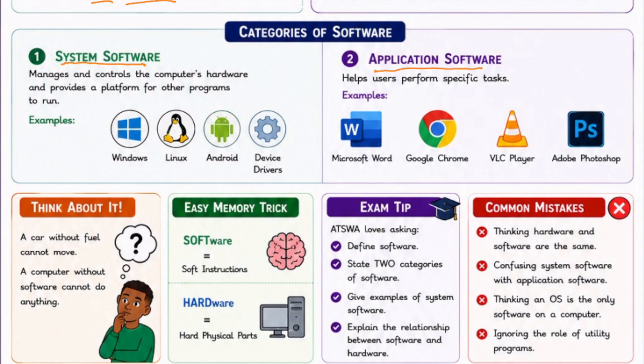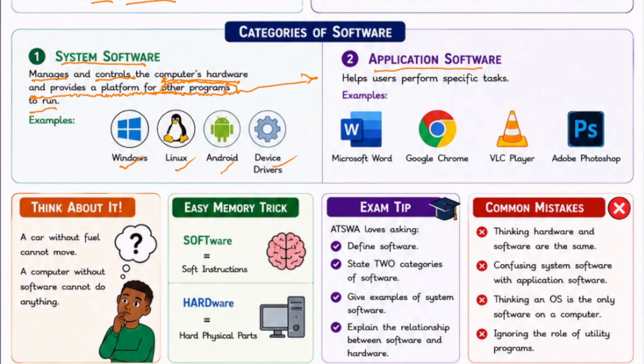So system software manages and controls the computer's hardware and provides a platform for other programs to run. When we say other programs, we are referring to application software. So system software manages and controls the computer's hardware and provides a platform for other programs to what? To run. Examples of system software: we have Windows, Linux, Android, device drivers,